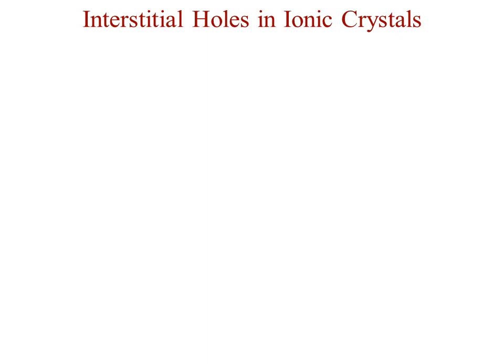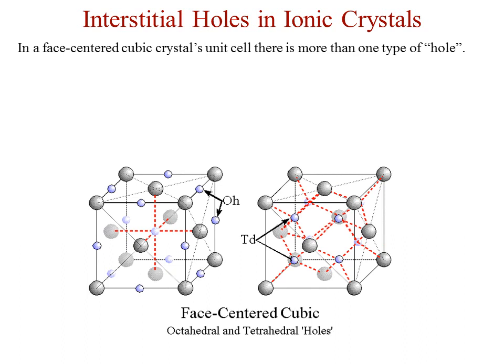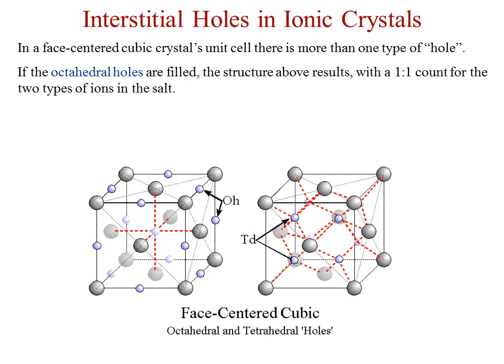The last slide of our unit just shows interstitial holes that exist in an ionic crystal. In a face-centered cubic crystal unit cell, there's actually more than one type of hole or more than one type of space between the atoms. So we're looking at the gray spheres representing one type of atom, and there's spacing in between them. Well, the octahedral hole is pretty easy to see where it is. It's on the edges of the crystal structure. The tetrahedral holes are actually inside the box that's drawn,